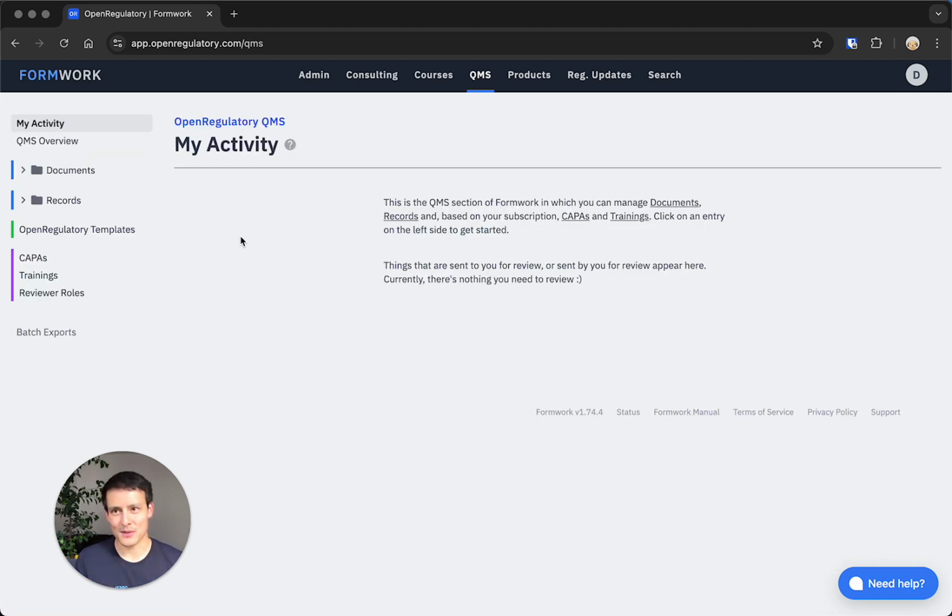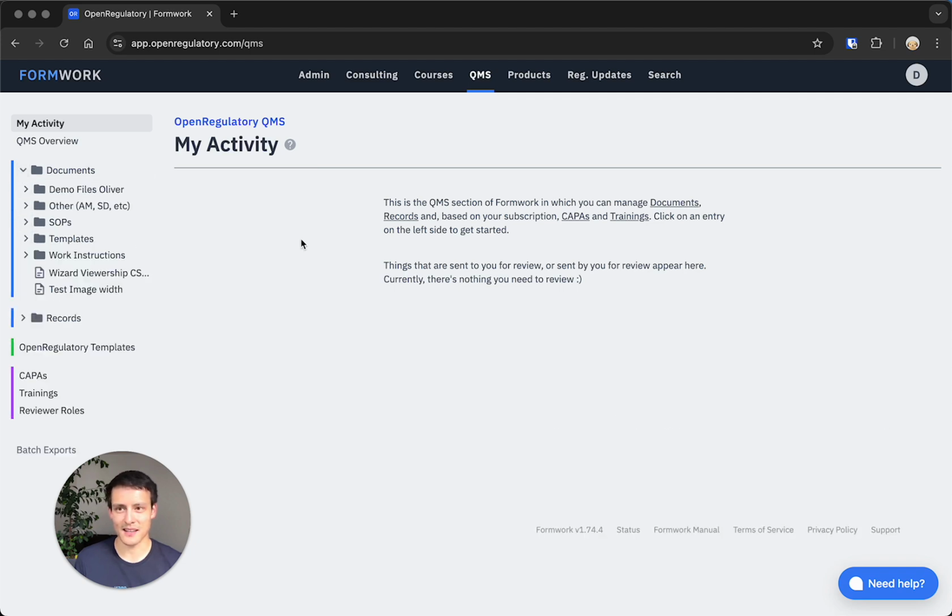So as a quick primer, what do you do in a QMS? Typically, you save documents and records. And documents, again as a quick reminder, contain something called a version history. So old versions of documents are always archived in Formwork, whereas with records, you just overwrite them. So if you save a new record and there was an old record in the past, then that old data gets overwritten,